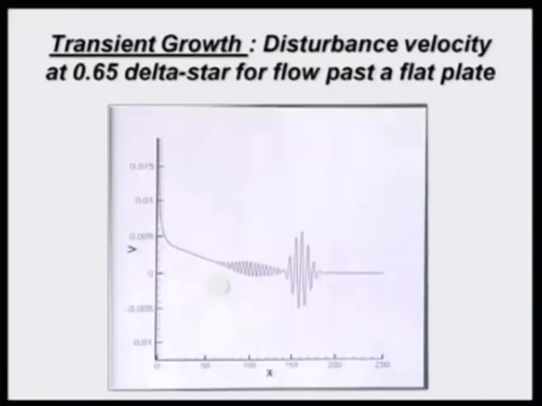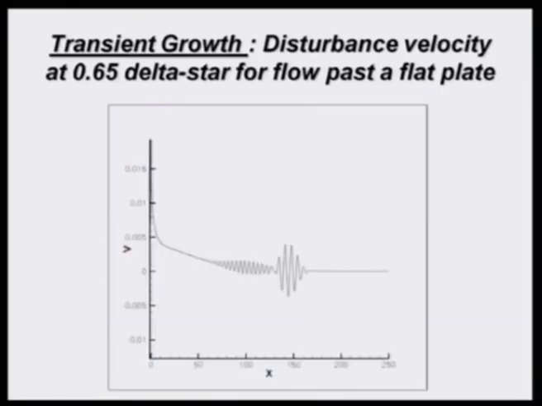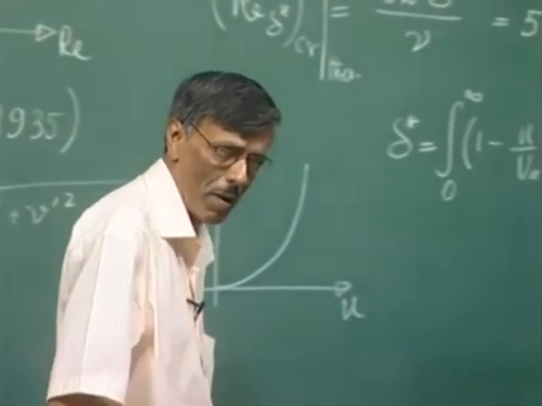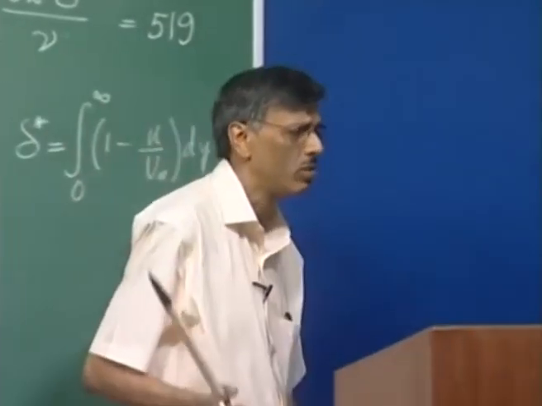So, here the nonlinear effect would be significant, because amplitudes are far higher compared to the trailing TS waves, right. So, this could also be an example of a bypass mechanism, right. That is what we talked about earlier also. So, we are seeing some of those things. Let me now show you.